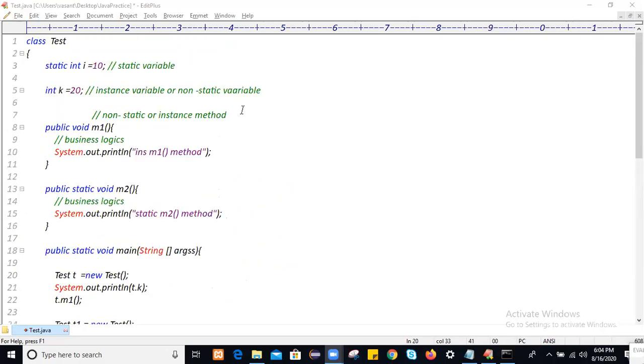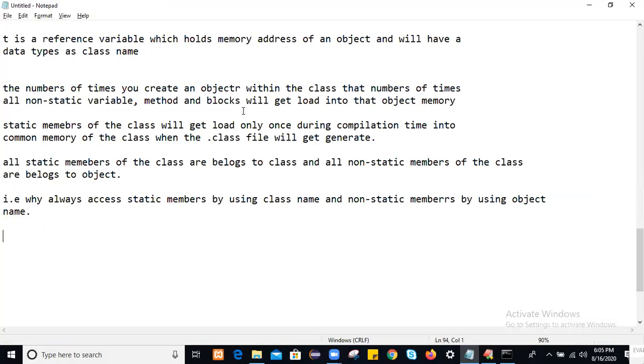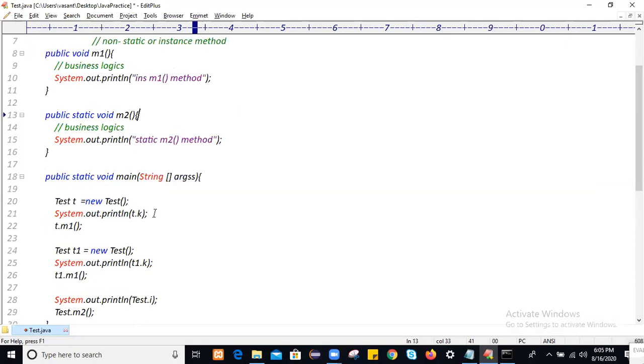Got it? So that is the first lecture. Here we have discussed what is a class and what is an object. We define class in multiple ways. Class is a logical entity which contains the logics of an application. Similarly, we define object. Object is a physical entity which represents a memory address. We also define class as a blueprint which decides object creation, or a factory which generates multiple objects. Similarly, object is an instance of the class, holding non-static members only.